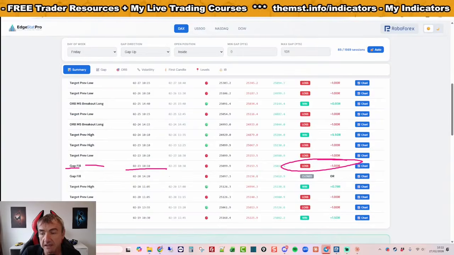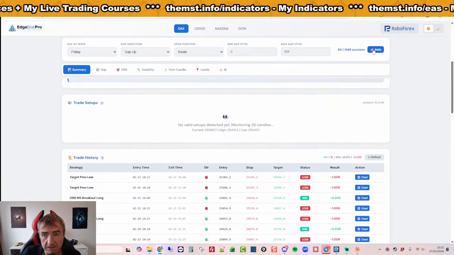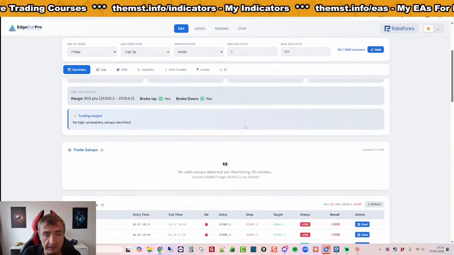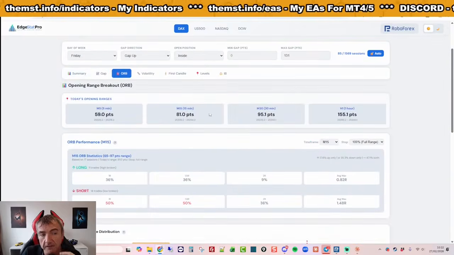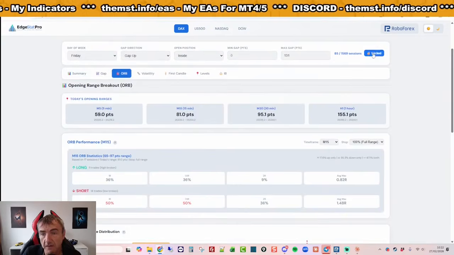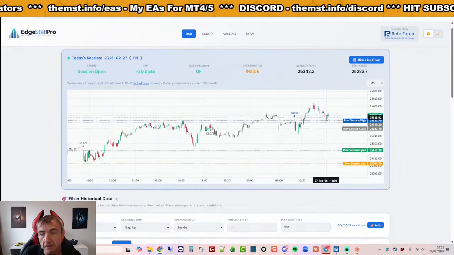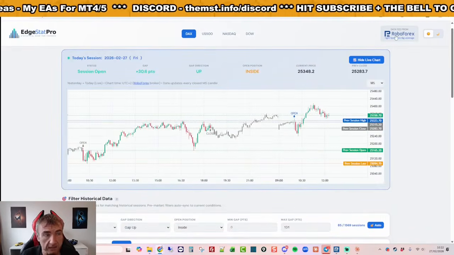So as long as he can confirm the edges in his backtesting engine, of which he has 5 years worth of data, that's great. The other thing that is the sort of downside to this at the moment is I've only got 5-minute resolution. So all the data is being fed by RoboForex into NIX.